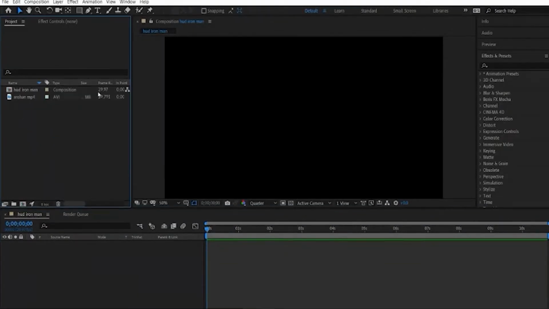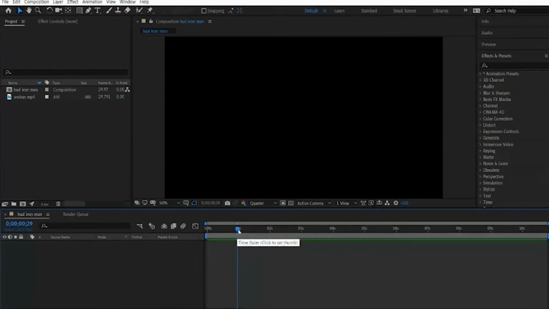Right now we have just imported the video into the project file, it's not in the timeline. In After Effects, the editing is done in the timeline. It's basically like a timeline editor. Here you can see this timeline marker. When we move this, we can move through the video and edit on each frame.